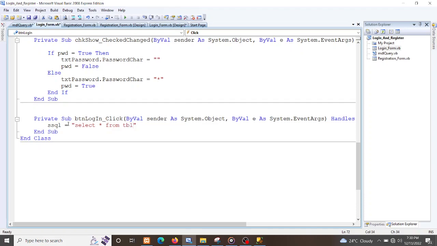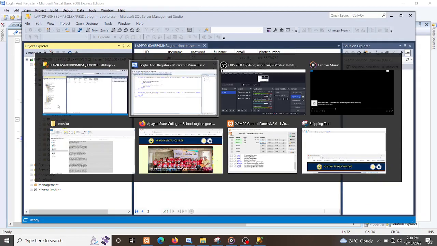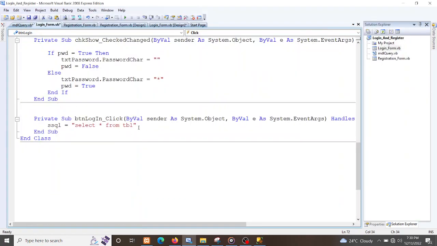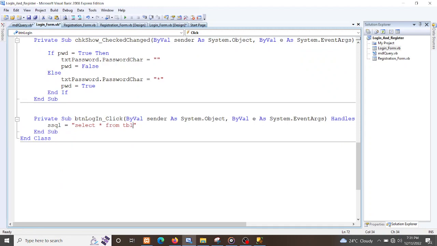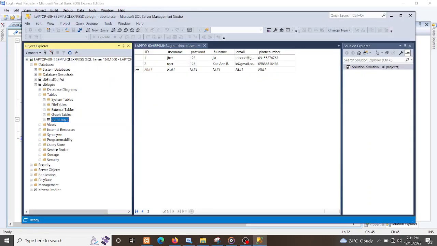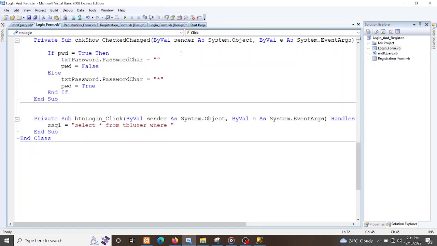From TBL, so you select which table it is. TBL user. Okay, yun nakalagay doon. TBL user. So kung may konting misspelling ka lang, isang letra lang, you will not be able to fetch the record from that database. Where, and then username, anong ginamit natin? Small letters. Username equals